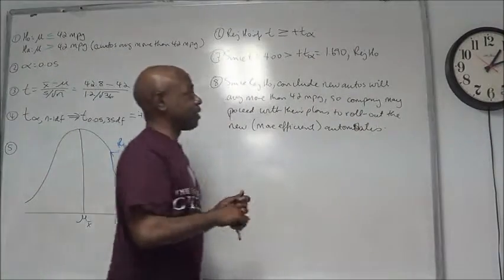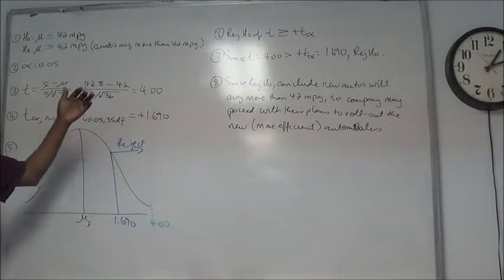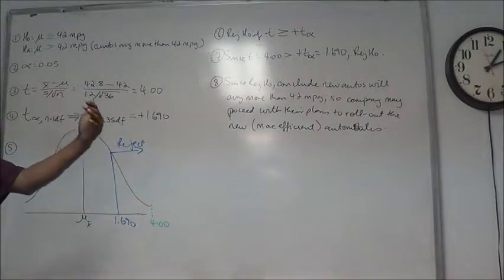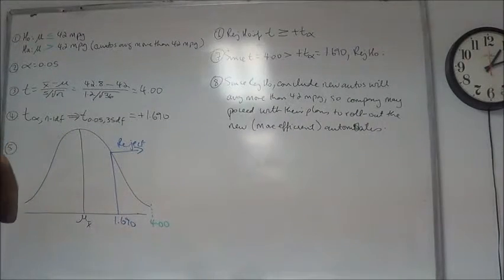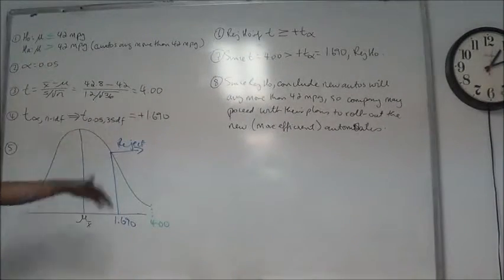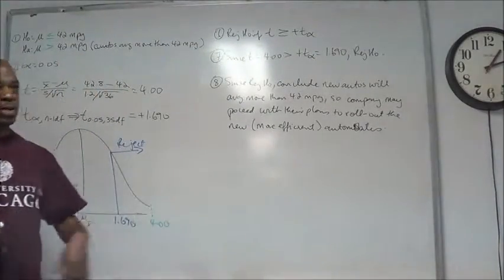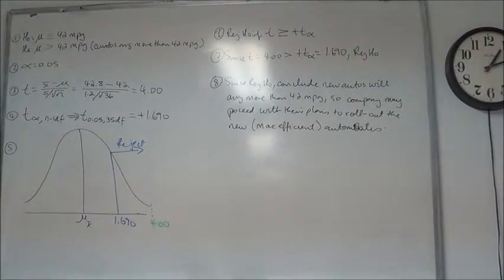Remember, at this stage we look at ourselves as if people have hired us to do these tests and recommend to them what they should do. So you want to give them something. Don't just say, here's your test. Say it seems like they're going more than 42 miles per gallon, so you should feel comfortable to go out and do it.